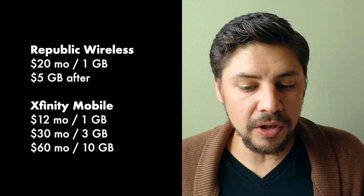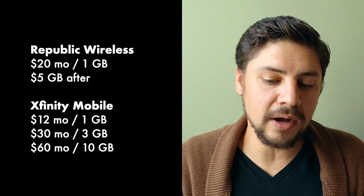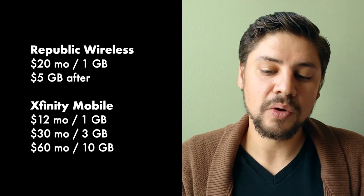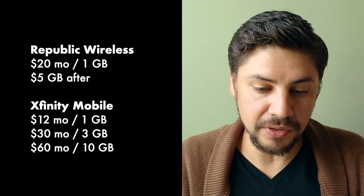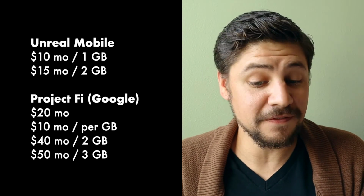And by the way, with all of these, they're gonna come with unlimited text and talk. With Republic, you get $20 a month and 1 gigabyte, and $5 per gigabyte as you use it beyond that. Xfinity Mobile, $12 a month with also 1 gigabyte. This is perfect for a small data user. Both of those are. Unreal Mobile, $10, 1 gigabyte, and then 2 gigabytes for this one is gonna be just